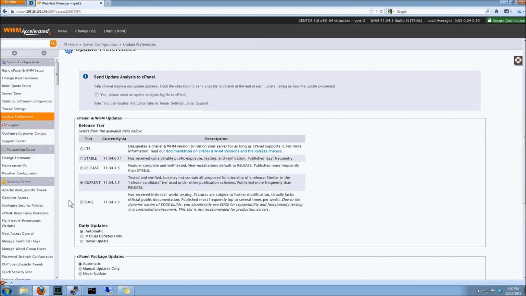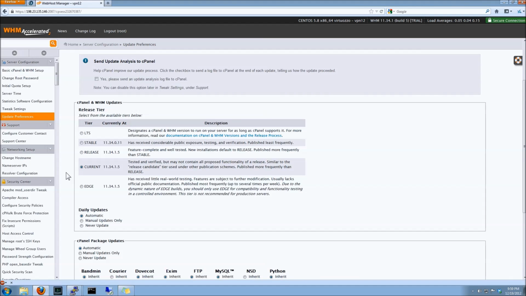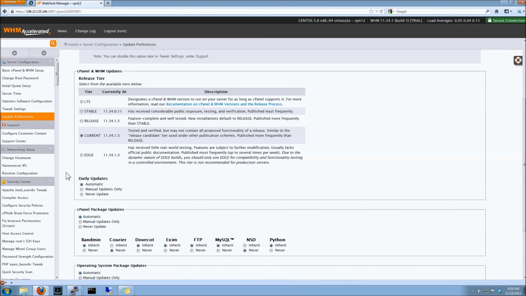Probably your best bet will be to run on release or current. They tend to be pretty close. You can look in the documentation for the difference, but personally I prefer current. I want to make sure I'm running the newest everything possible. I just like staying up to date. Automatic,